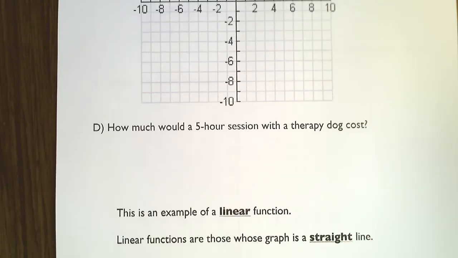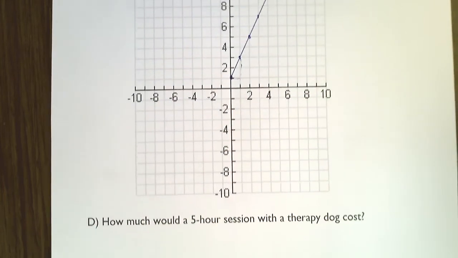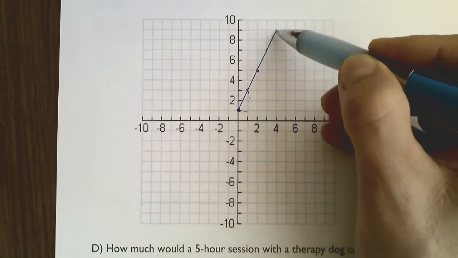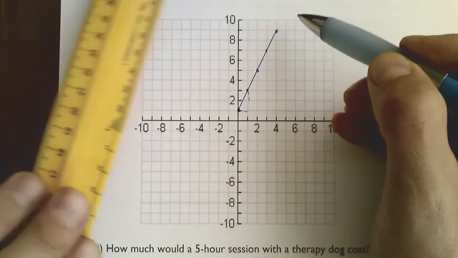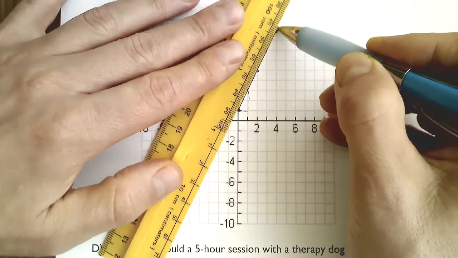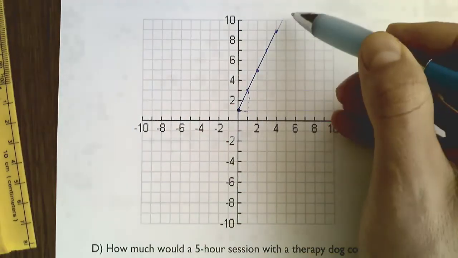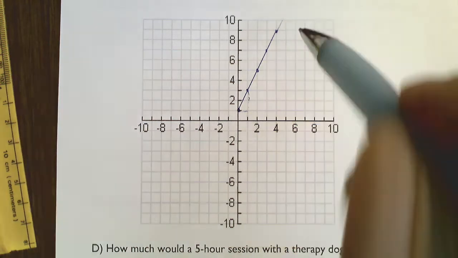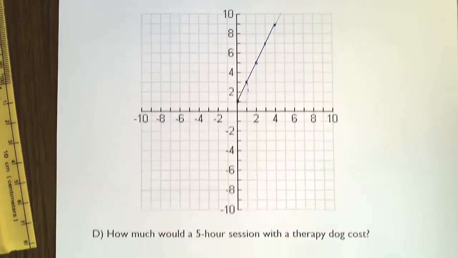If you were asked to calculate or to state the cost of a 5-hour session with a therapy dog, you would use a graph to extrapolate and get the answer. But if we extrapolate this graph, we see that we ran out of room, we ran out of grid, and therefore solving this graphically has its limitations. So another way, of course, is to calculate it